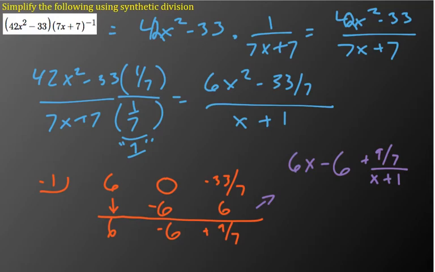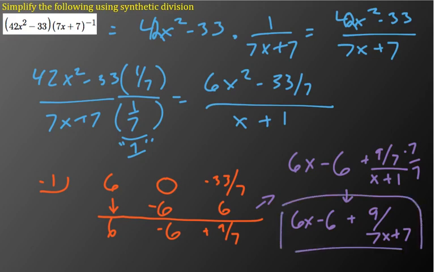And if you don't like the fraction and a fraction thing here, which you shouldn't, I would just want you to multiply by 7 over 7, which is a 1, so you can do that. And then you can get 6x minus 6 plus 9 over 7x plus 7. So that is it. That is the division of this thing by